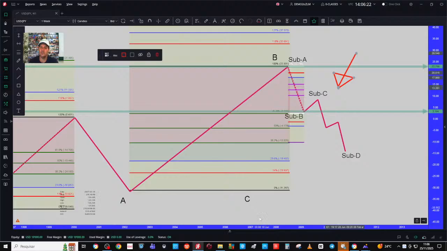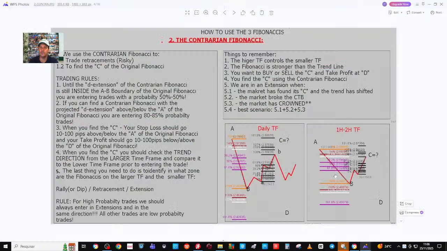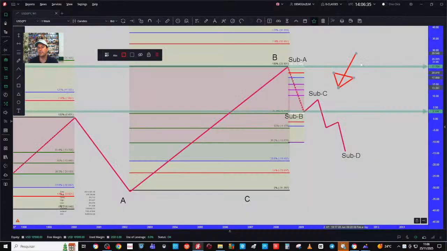So, as per the picture, you can use the contrarian Fibonacci to trade retracement. Okay, everybody? Type in the chat a currency pair, and we're going to check how you would trade retracement,